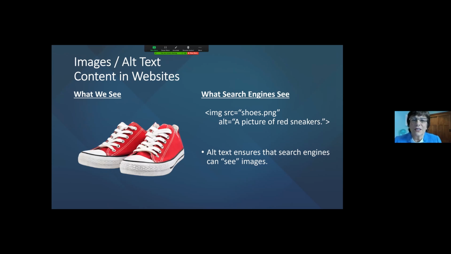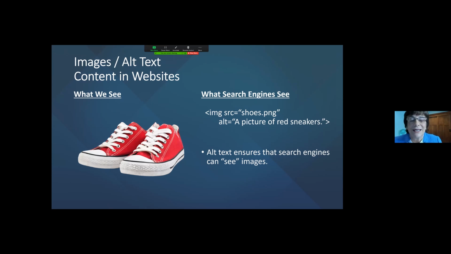So take a look at this alt text. Has anyone experienced this before, where you have to put on the screen or in your website a description of the image? In this case, if the image was these red sneakers, the alt text would be "a picture of red sneakers." That way, when the screen reader is reading about the image in your document, the person who is blind hears "picture with the red sneakers," and then they know what that visual image is. So that's kind of important to them.